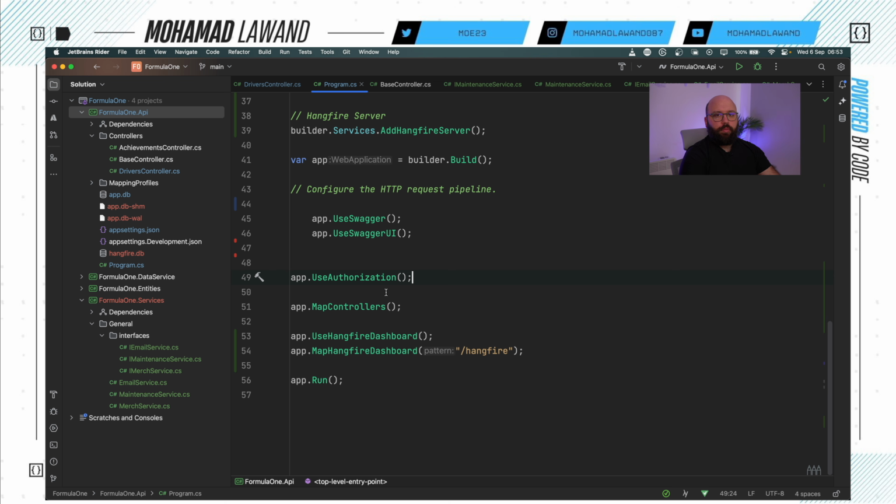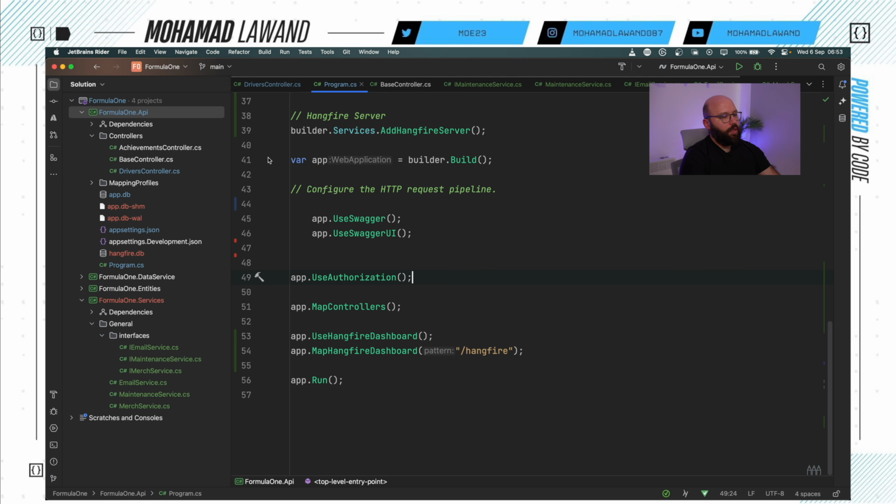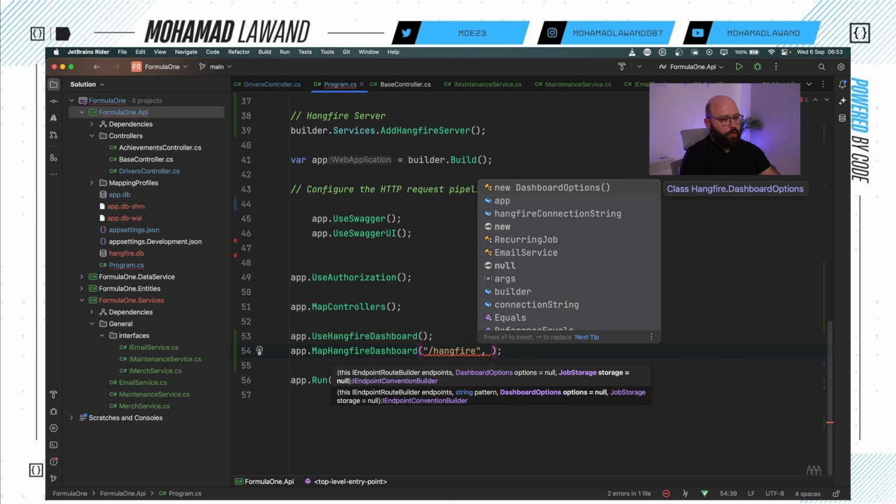So whenever our application was running, as soon as we went to that path, which in this case is localhost/Hangfire, we were able to directly see the dashboard. Now we want to secure it, and the way we do that is we want to update where it says MapHangfireDashboard. I'm going to put here new DashboardOptions,